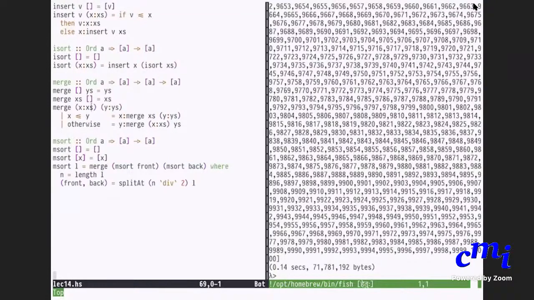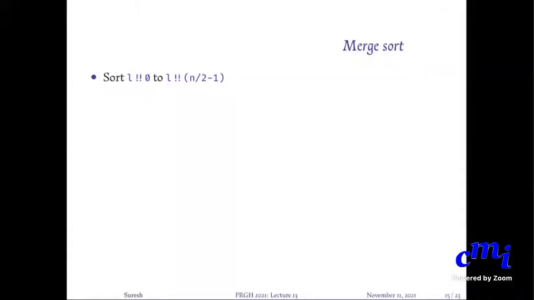We'll see that the built-in sort that Haskell uses is actually M sort, but not this algorithm. It does a much more sophisticated version of M sort, much of which we can figure out on our own. If we have time, I'll do it. Otherwise, I'll do it in the next class. But is M sort clear? If it is, there is actually a cooler sort coming up. But let us first look at the time required for M sort.